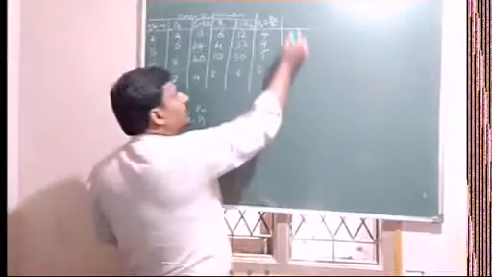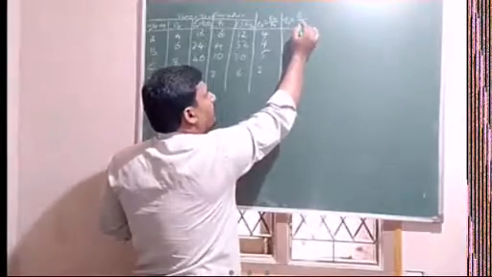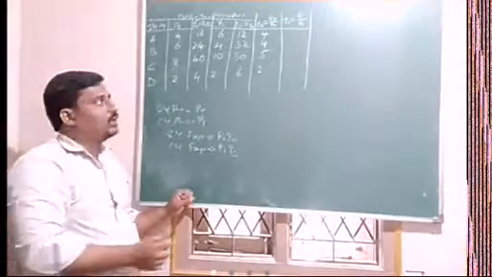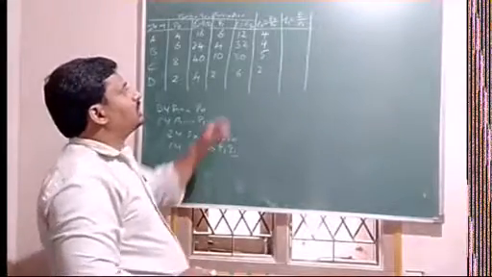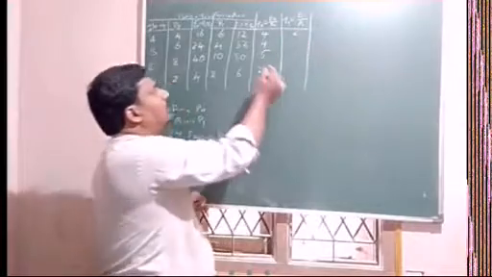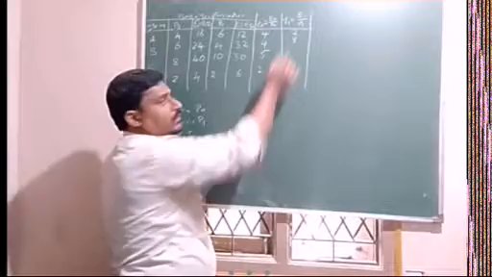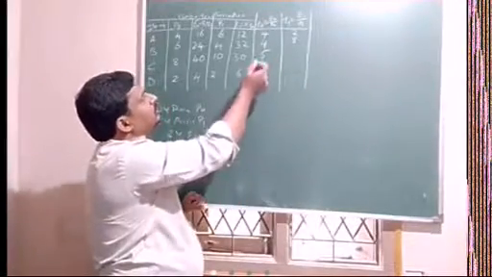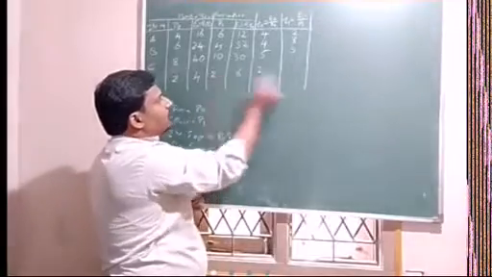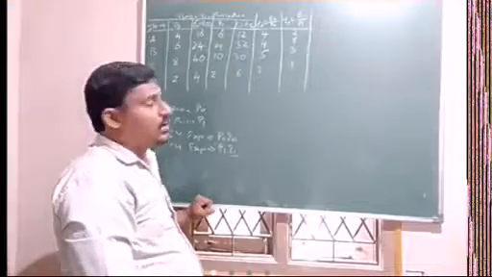Next Q1. Q1 is equal to E1 divided by P1. E1 is nothing but P1 Q1. So first E1 is 12, 12 divided by 6 is 2. Next 32 divided by 4, 8. Next 30 divided by 10, 3. 6 divided by 2, 3. Now we have identified the Q naught and Q1 columns.